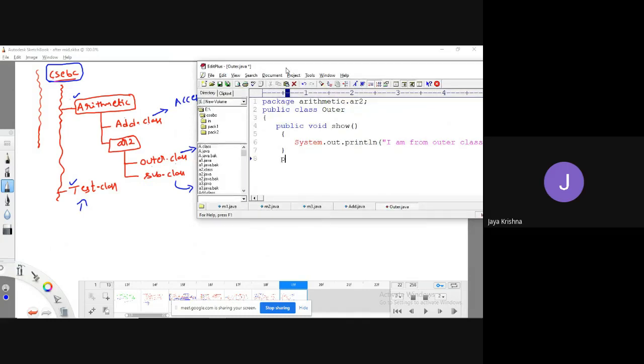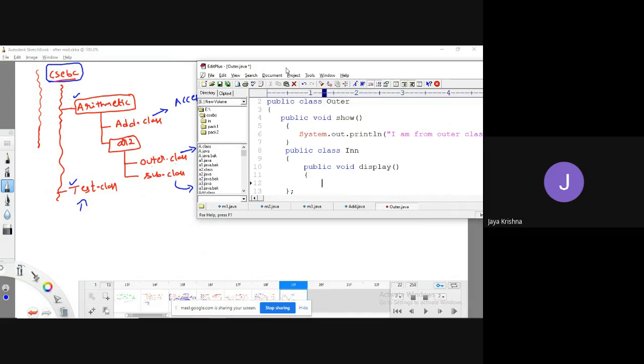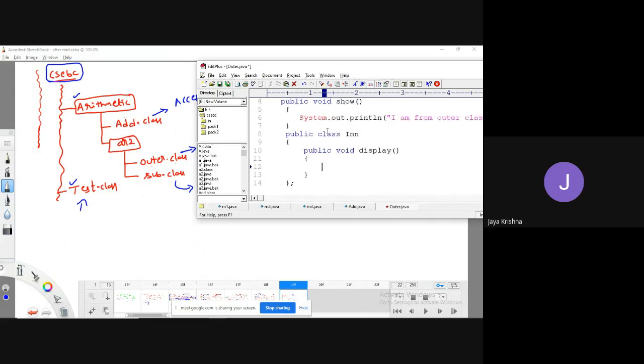So what I will do is declare one class, public class. Inside that class, I will declare one more class, public class inner class. In that inner class, I'm going to declare once again one more method. Public, the return type is void, and it displays something.